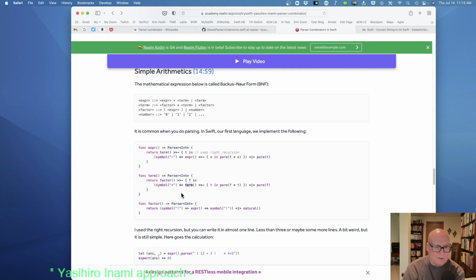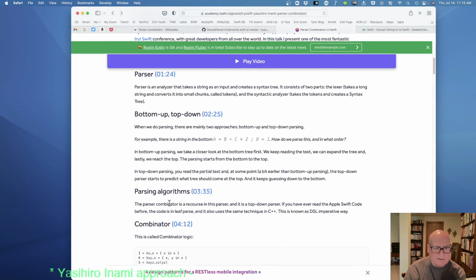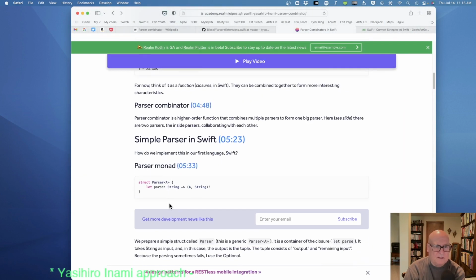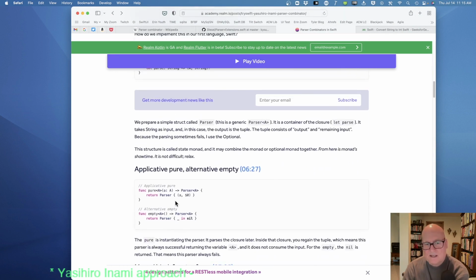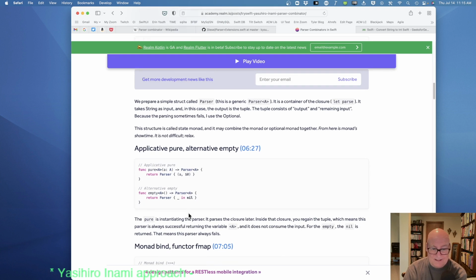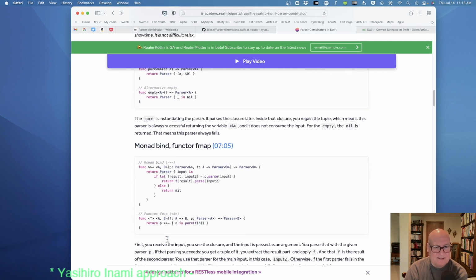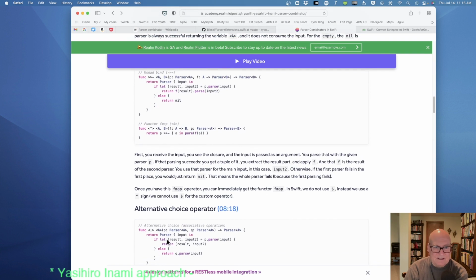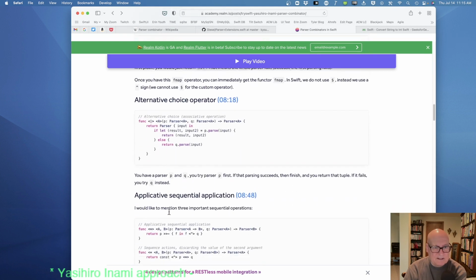I wish I were more comfortable with it, but I think it's an interesting dive. There's definitely some cuteness going on, and it tells me I really do need to go study Haskell. I've put that off. A friend gave me a book like 10 years ago, and I haven't touched it. I don't even know where it is. I'll have to find it. But it's clear there's little techniques here, this bind thing and other stuff that I don't have the intuition for yet. I'm working it through, but I don't have the intuition. So that's a barrier for me.